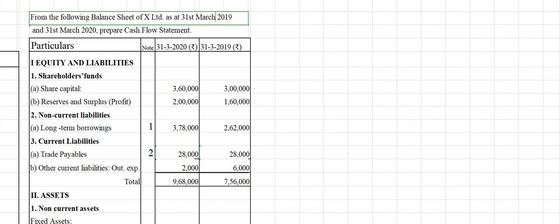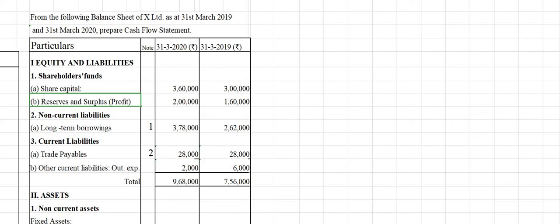First of all, you know that we have to find out profit before interest and tax. In order to find the profit before interest and tax, we have to see the profit or loss. Here it is mentioned under shareholders' funds, reserves and surplus. From reserves and surplus we will get the profit and other details. Since here profit is directly given and there are no other items,